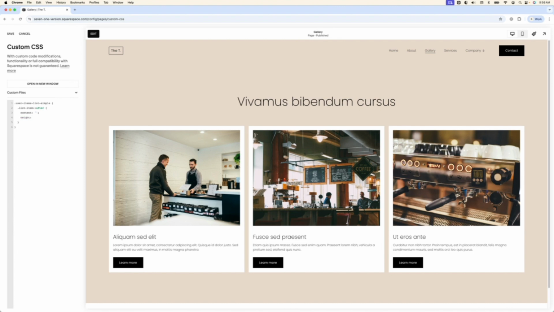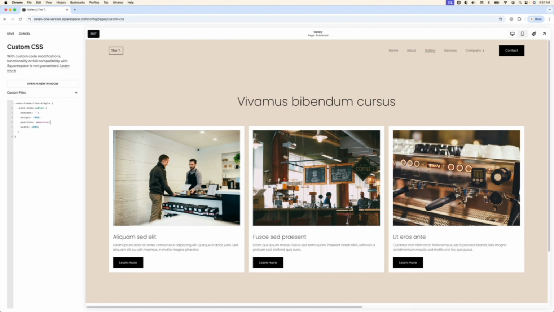Next, I'm going to be setting here the height and the width. Because I want the overlay to cover the entirety of the height and the width of the card, I'm going to be using here 100%. So let's just do 100% of the height and the width. Then, because I want the overlay to actually sit on top of the card and not next to it or above it or below it, I'm going to be using position absolute to be able to float it on top